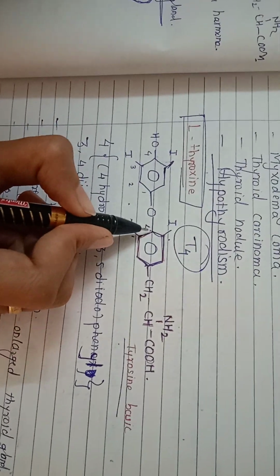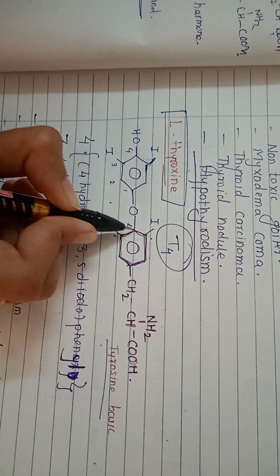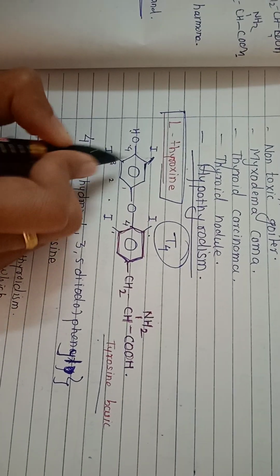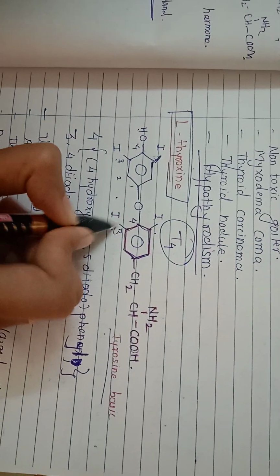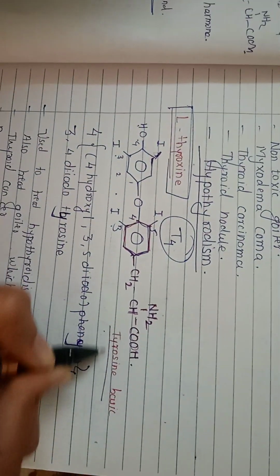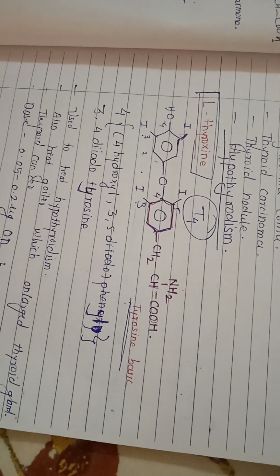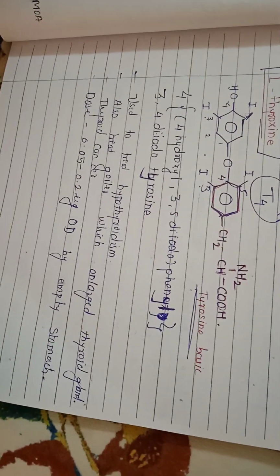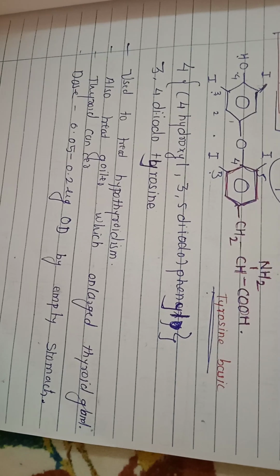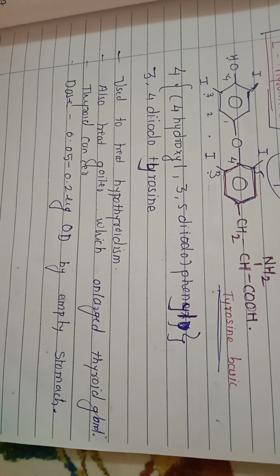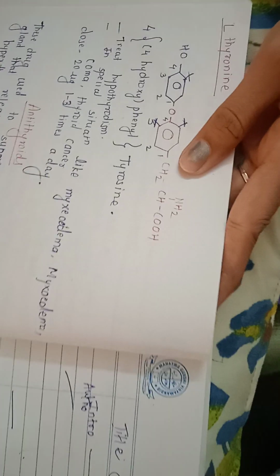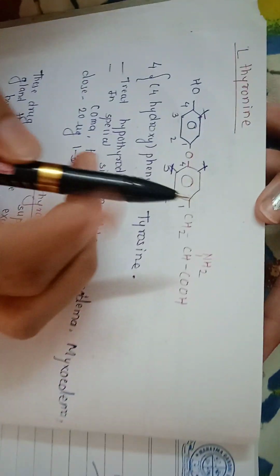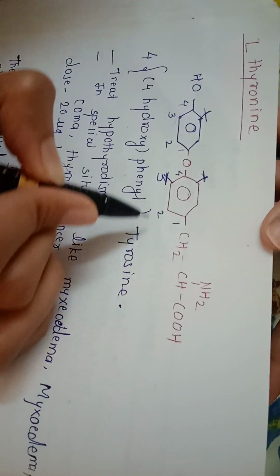So the IUPAC name is, at this fourth position, 4-hydroxy-3,5-diiodophenyl, and then here again 3,5-diiodotyrosine. Now the drug is given in a dose of 0.05 to 2 microgram OD, meaning once a day on an empty stomach, and the common uses of both drugs, thyroxine and L-thyronine. In the structure of L-thyronine, no iodine group is present, but it is